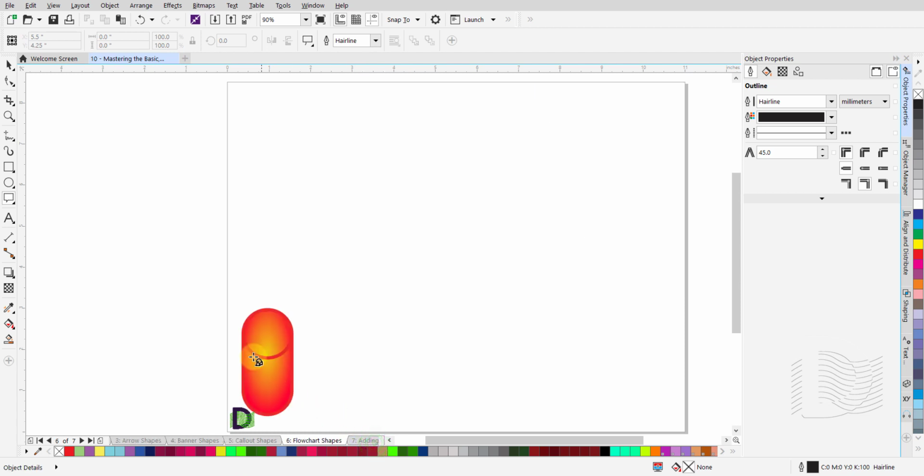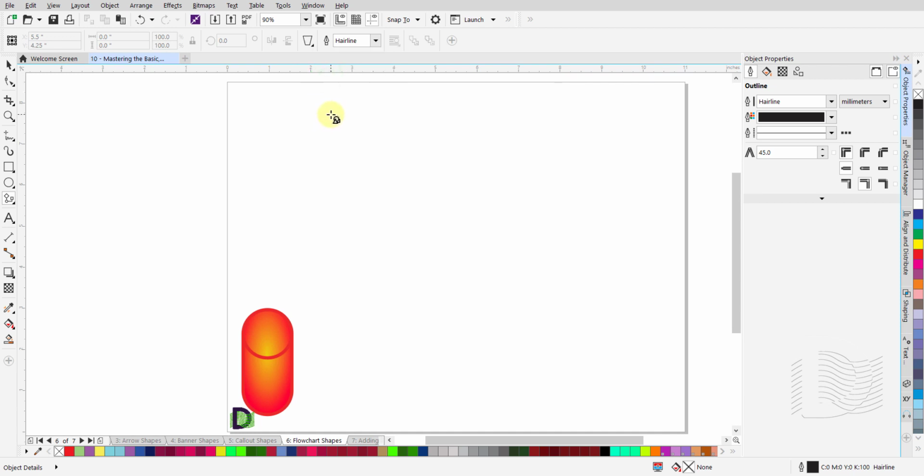Let us have a look at the Flowchart Shapes group. This group offers you a wide selection of flowchart shapes that you can use to quickly draw a complete flowchart. From the Polygon group set, click on this black triangle to open the sub-menu. From here, click on this icon for Flowchart Shapes to select it. Now, from the Properties bar, click on this black triangle on the Perfect Shapes icon to open the sub-menu. I'll click on the second icon in row number 2 to select it. The one with a trapezoid shape.